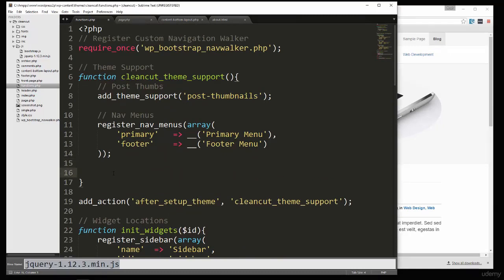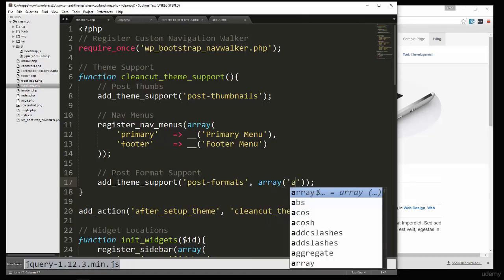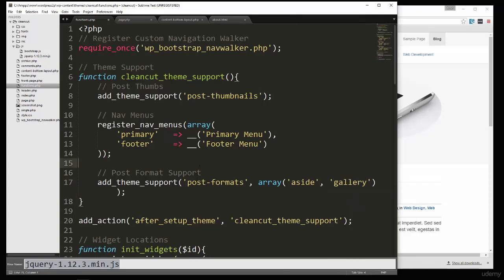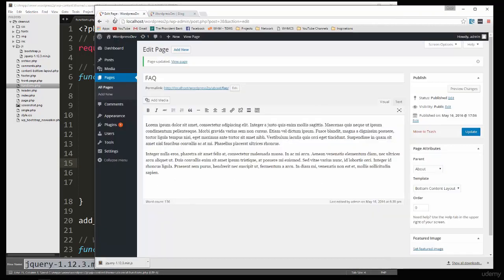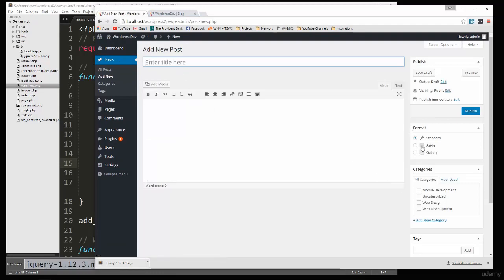Alright, so we'll say post format support, and we're going to say add theme support, and then we want to pass in post formats and then an array of the formats that we want to accept, which in this case is just going to be aside and gallery. Alright, so let's save that, and now if we go to posts and let's add new, you can see over here we now have the option for aside and gallery. So let's say aside,